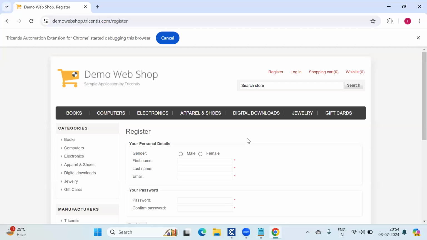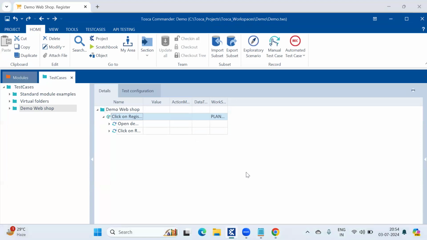100% of the controls will be available here. If you practice on this application, it will be more beneficial for you. The tool will be the same. When you go into any company and work on a Tosca project, this tool will be the same. The work you are going to do will be the same. No difference in the work, no difference in the tool. Everything will remain the same. Only the application will be different.